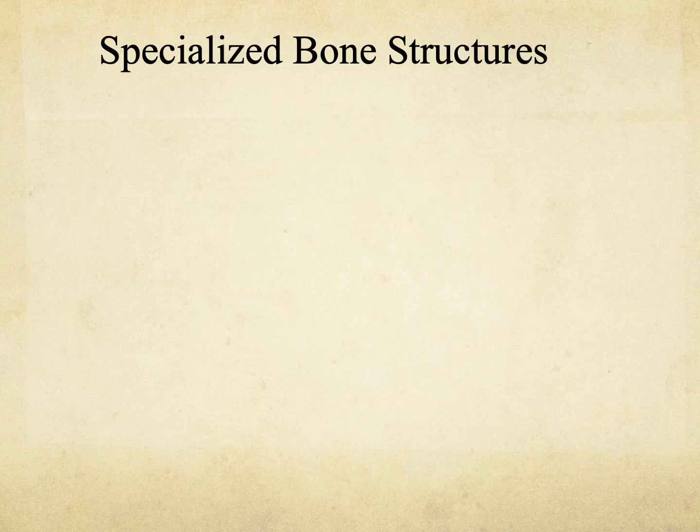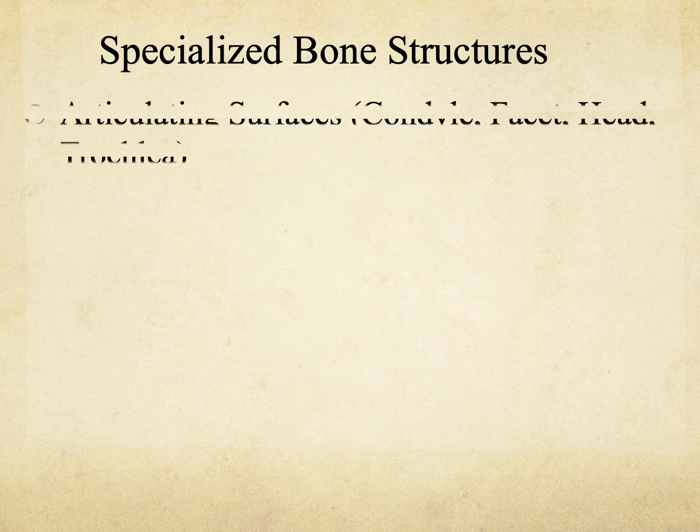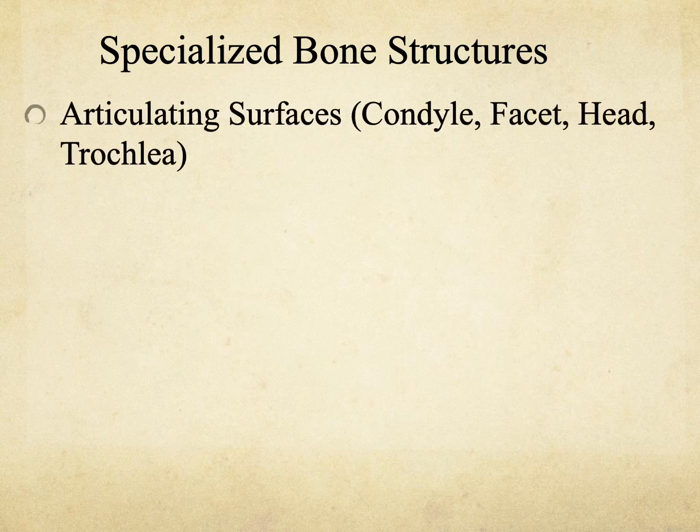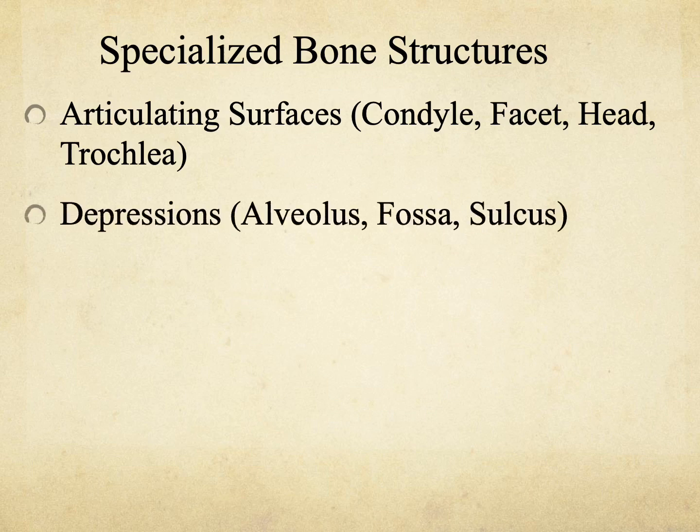Additionally, we have specialized bone structures, which we reference as the bony landmarks. These structures allow for the bones to move around each other or allow for the bone to attach to other bones or allow for other things to attach to the bone or allow for things to pass into or along the bones. These include classifications such as articulating surfaces, condyles, facets, heads, and trochleas, depressions such as alveolus, fossas, and